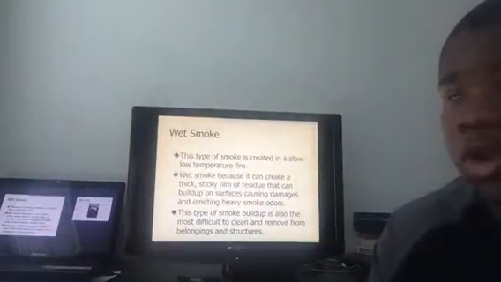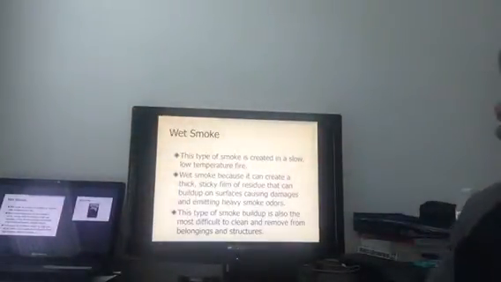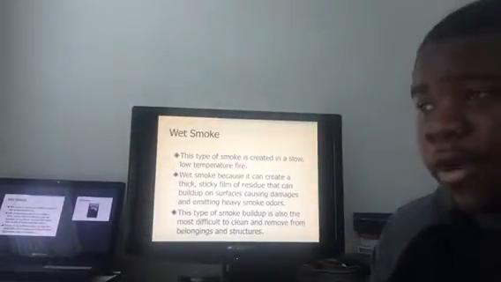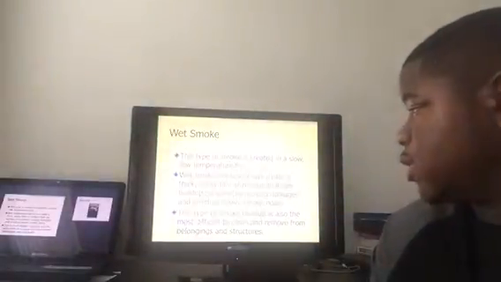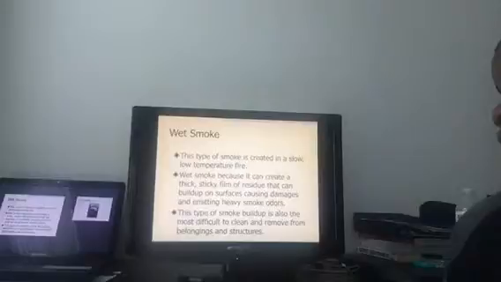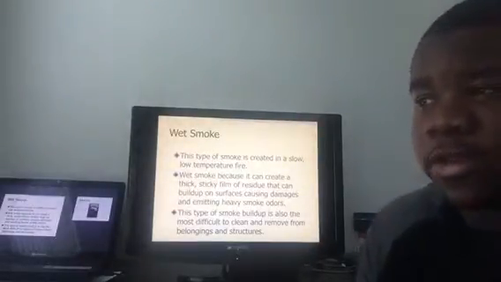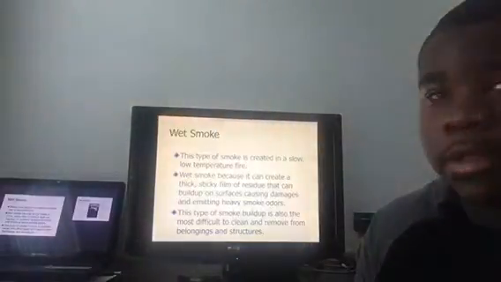Alright, so I'm going to start off with wet smoke. What is wet smoke? Wet smoke is smoke created in a slow, low temperature fire. Wet smoke can create a thick, sticky film and residue that can build up on surfaces, causing damage and emitting heavy smoke odors. For example, if it's raining outside and you light some leaves on fire,